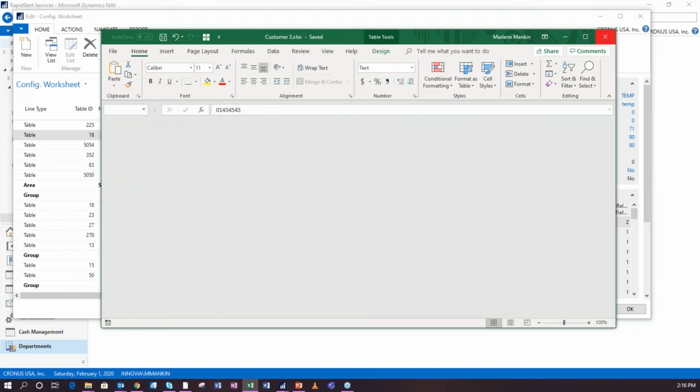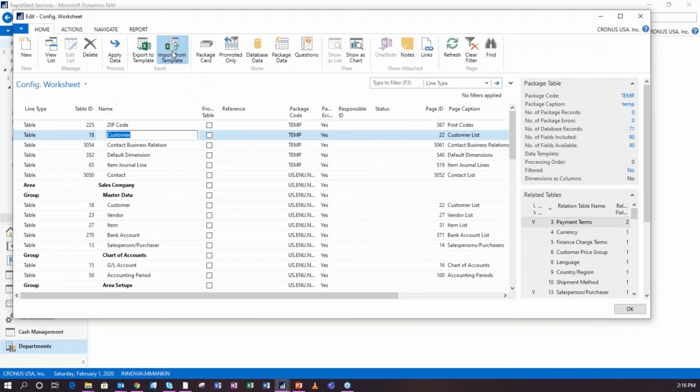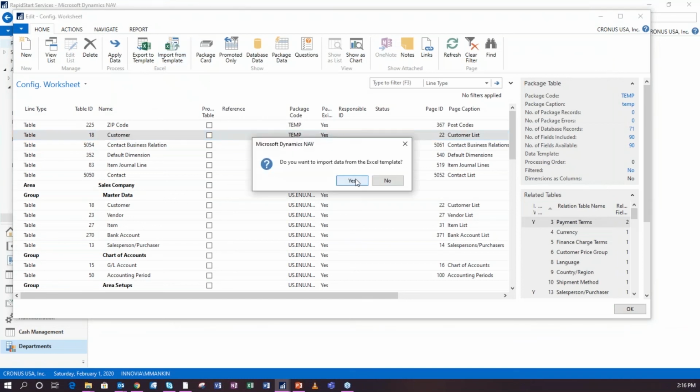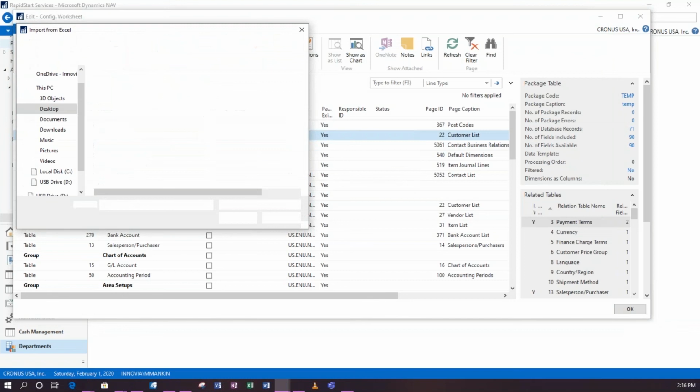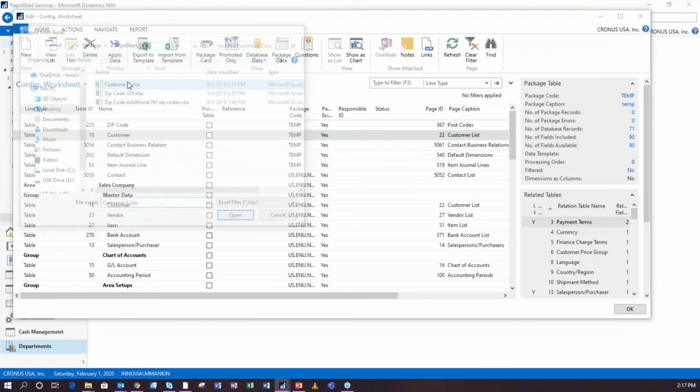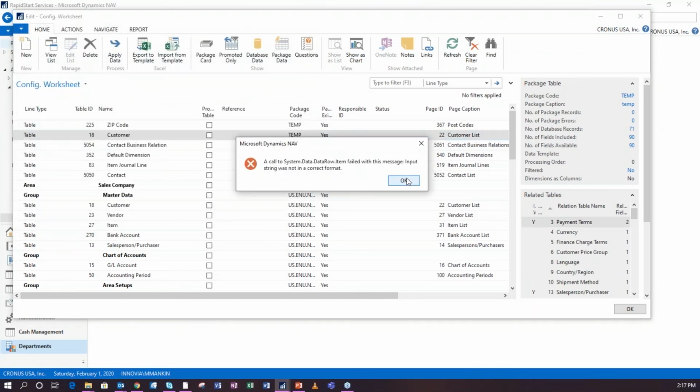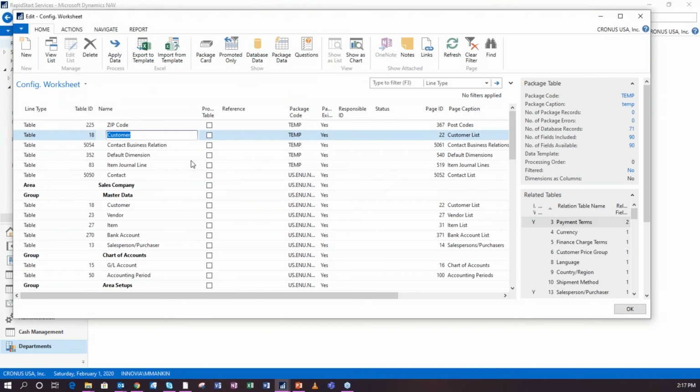Now we're going to import it in. And nothing happened. So that tells you that something is wrong with that table, the table you're trying to pull in. So if we go back to that table,